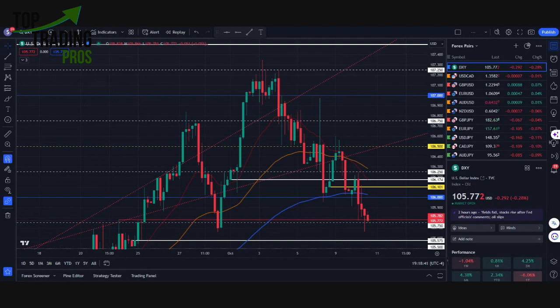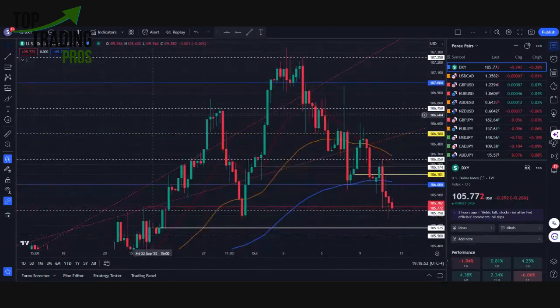One of the things that I pointed out before was that there was a gap that needed to be filled. Most of the time, gaps like to get filled, and there was a gap that needed to be filled down at 105.50. And so we're seeing this pullback. One of the things about this pullback is that, again, it loses the 20, 50, as well as this 100, but on the 4-hour chart, it still does have its 200 period moving average as support below,